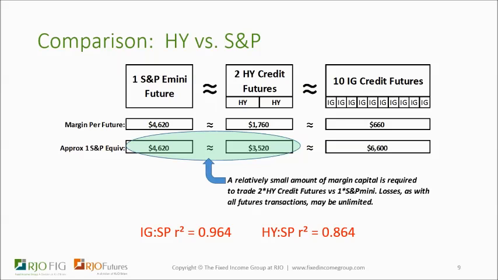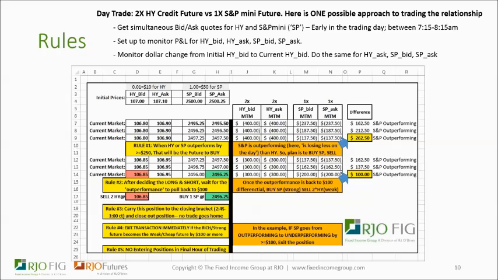And so I'm going to run everybody through a data set, and hopefully this won't be too confusing. There's a lot of moving parts, but we'll do our best to try to simplify it for you. So this sheet that's up on the screen currently is very, very simple. We're looking for a margin efficient day trade. And while we know that these products, the HY and the S&P, are very tightly correlated,